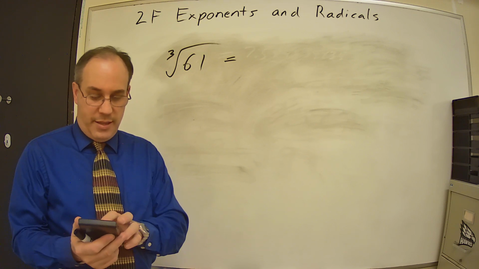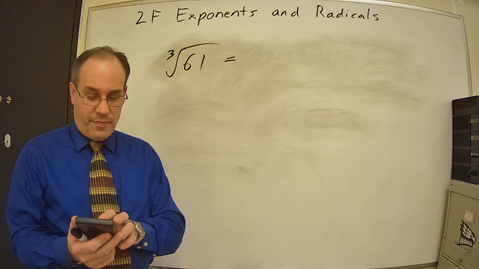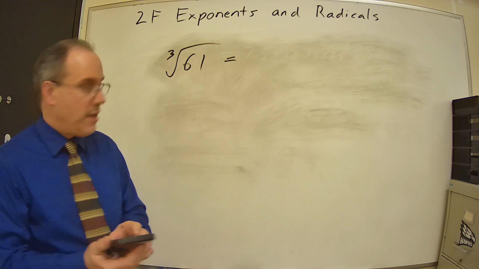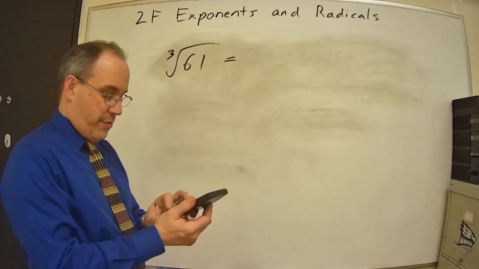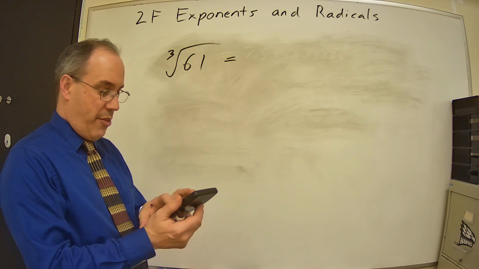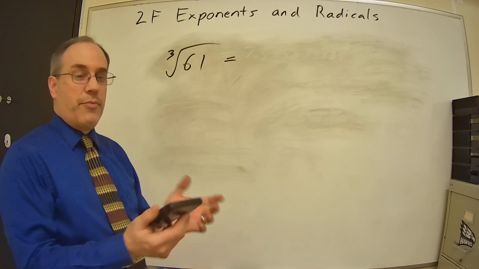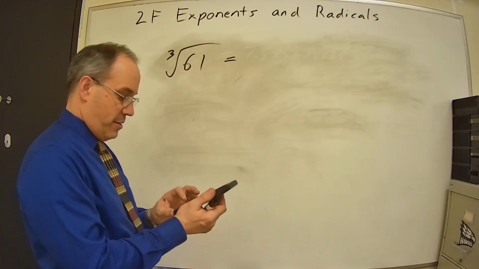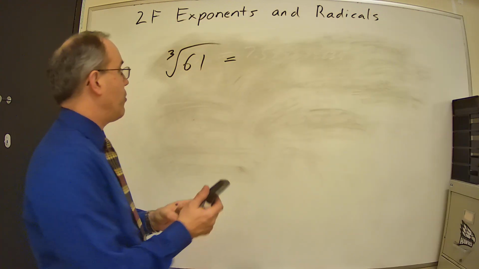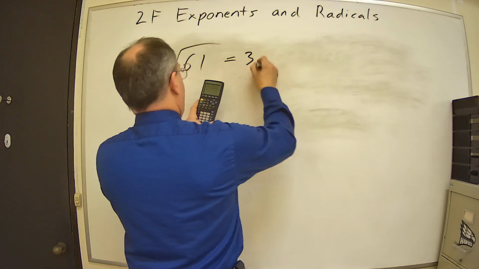So now that I did that, I can go, okay, I need 3, so I'm going to 3, math, x root. So now it's going to give me the cube root of 61 equals, and I get